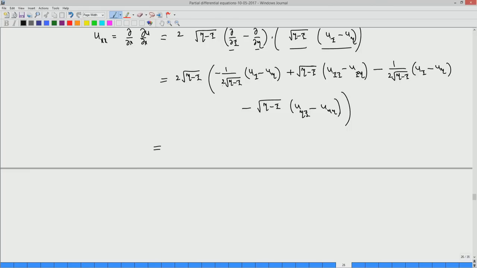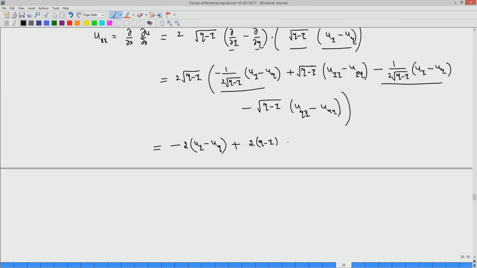you take this, 2 goes, this goes, and here also. So, you collect these terms. This one, what you see is these are same. So, this one and this one are same. So, what you end up is 1 by square root of eta minus xi into u xi minus u eta. So, with minus, you have a minus sign, the 2 cancels, what you end up is u xi minus u eta, plus, now you take this one. So, 2 times square root of eta minus xi into square root of eta minus xi is 2 times eta minus xi